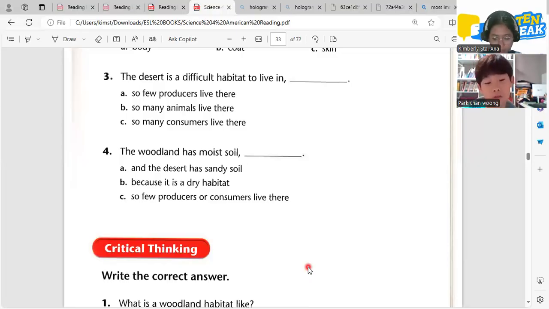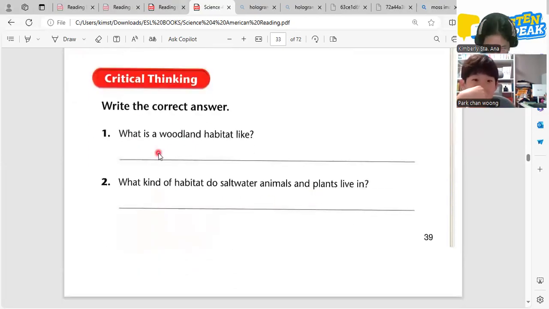So let's have the next one. Before we go, we have two questions for you. Can you answer number one? What is a woodland habitat like? What do you think?